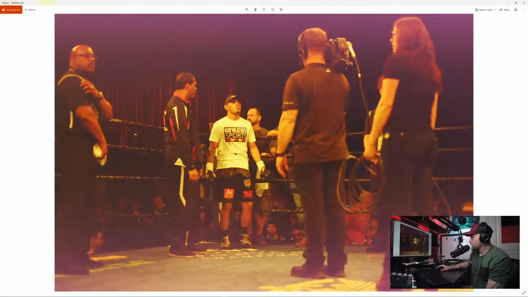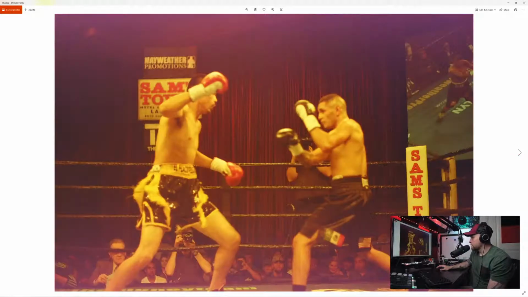But this was Heraldez versus Olvera, 2017, April 29th, at Samstown, which is a local casino resort. So this is the fight's about to happen, and let's see what's next. So here's another shot. This one, unfortunately, out of focus. Looks like I was focusing on this for some reason. Again, everything with film is manual focus, so shooting boxing is not easy. Obviously, and also I was shooting with